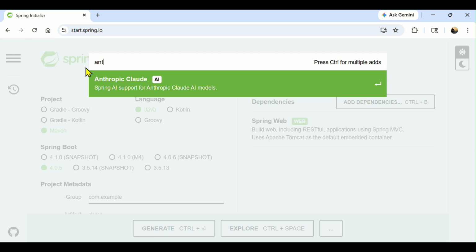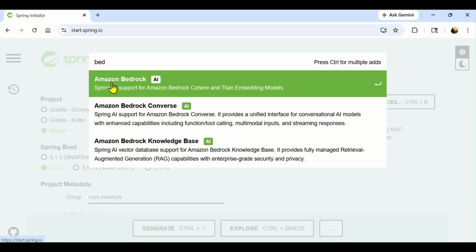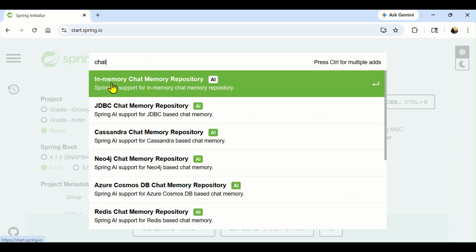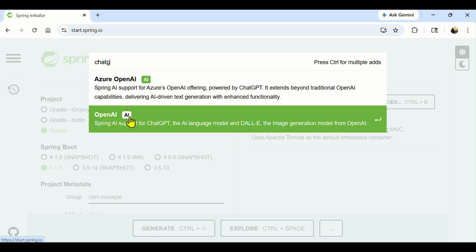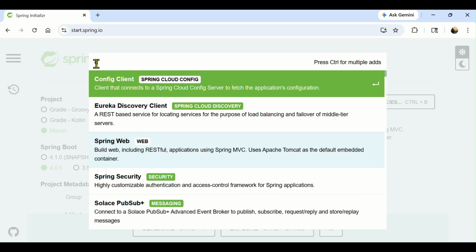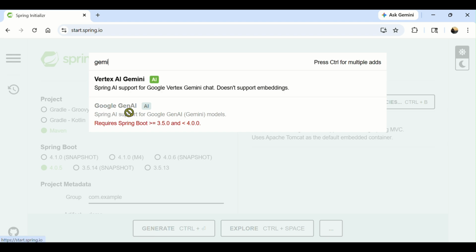Okay, now see, there are different AI supports. Spring provides different AI supports. So we have Anthropic Claude, we have Amazon Bedrock. I'm not sure, but yeah, OpenAI is there. OpenAI will support ChatGPT. And we have Google GenAI that will support Gemini, but it requires the higher version of Spring